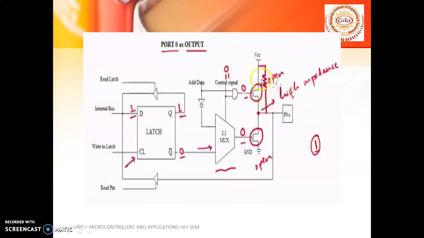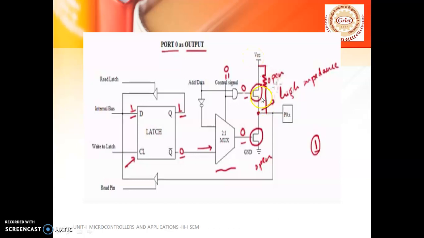Once it is 0, the input for this particular switch is also 0, so it is going to act like an open switch and it doesn't allow any data to pass through. So here both the switches are in the open state, and this point will be in a high impedance state, which means it is neither connected to 0 nor connected to 1. So what we do here is the pull-up resistor should be activated. I'll add one pull-up resistor to VCC. What the pull-up resistor does is it pulls the value of this point to VCC. So the line can be connected to VCC, that is 5 volts or 1.